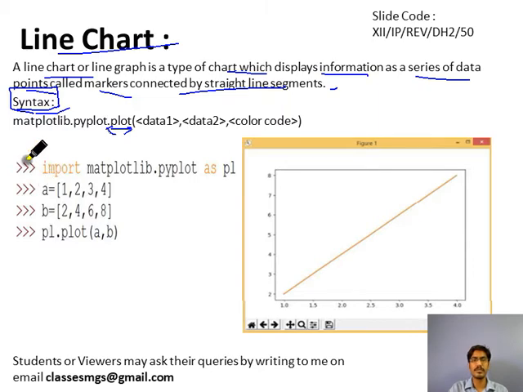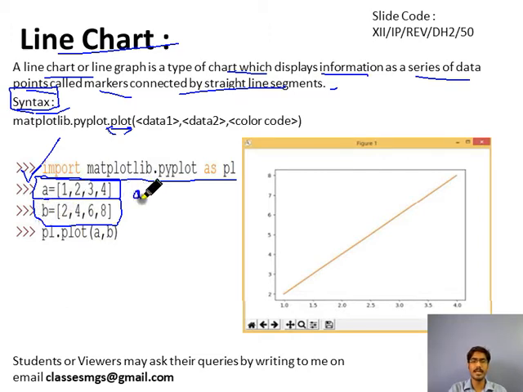Okay, so first of all we need to import the matplotlib library, as we have seen in our previous slide also. Before writing any line, you need to write this line. Then you need to define the data set. Let's suppose we have a list of values 1 to 4. Then we have another list of values that is contained in the b variable. Let's suppose a star 2 is represented by b. The list doesn't support the vectorized operation, so keep this in mind.